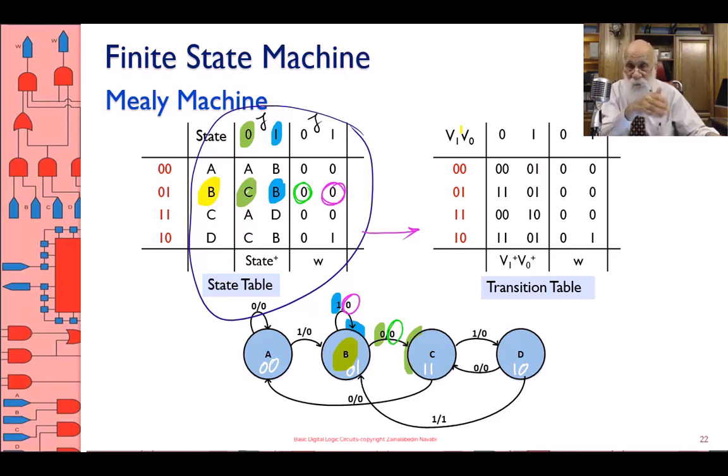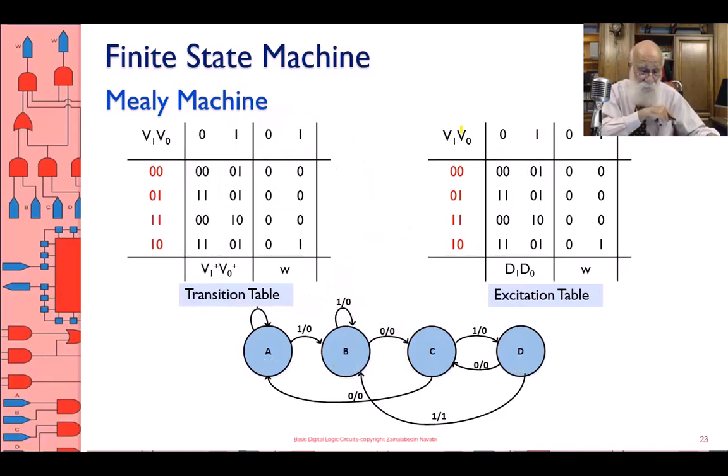I have to decide what kind of flip-flop I want, which in this case, again, I'm going to be using D. And based on that, I'm going to come up with the excitation table. Okay, so what I did is I decided on the D flip-flop type. And now I have the excitation table. The beauty of this is that the excitation table here has only 4 states, 2 state variables, 1 fewer than the previous state